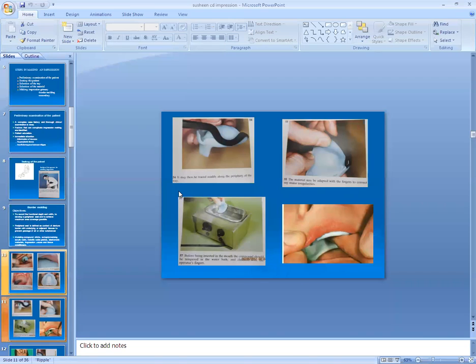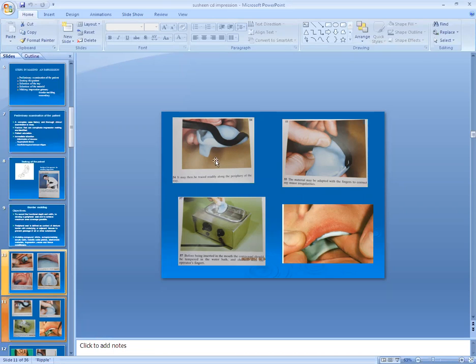Heat means a Bunsen burner. First heat that material with a rolling motion over the Bunsen burner, and then apply that molten, tempered material over the borders that you are going to record.